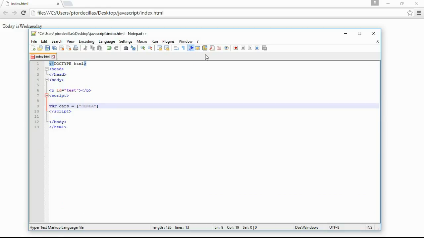Honda, then Toyota, next is Ford, next is Lexus, then